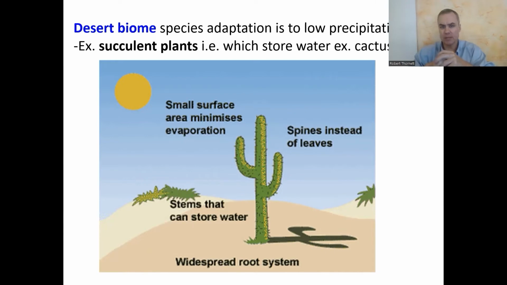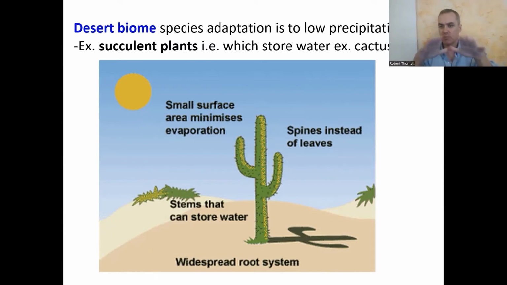And the way they do that, in some cases, is they just store water inside, like a cactus, like it's a water tank or something. It's got water in the tissue of the plant, and it's called a succulent plant, plants that can hold on to a lot of water. And another adaptation is that they have very, very deep roots. And then a third adaptation would be the fact that instead of leaves, they have spines, like prickles on cactuses,